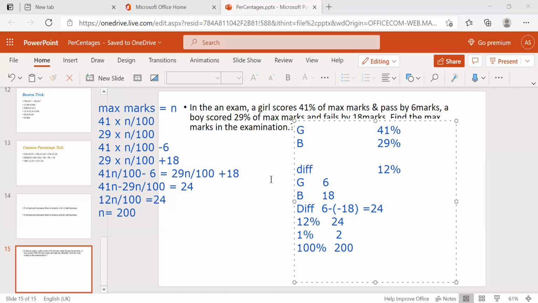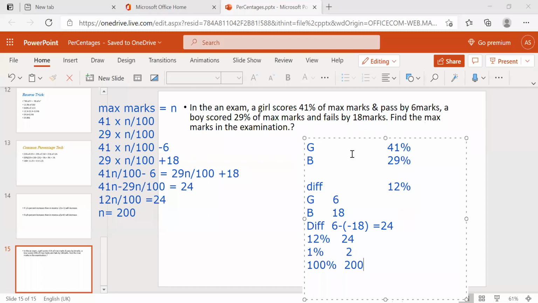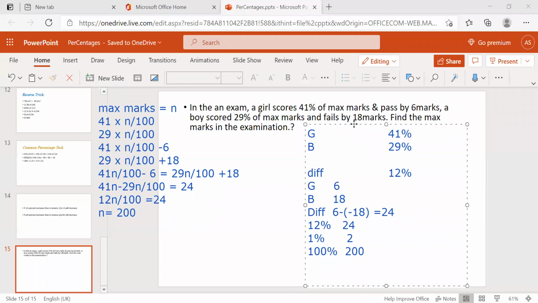Is this clear? If you are solving this by using this method, it will take not more than 30 seconds if you practice. So always I'm saying, if you practice. If you are just listening to the class and doing it like your remaining subjects, it's not going to work out. Aptitude tests or competitive tests are not like that, you need more practice. Okay, that's it. Now we'll go for the next question.